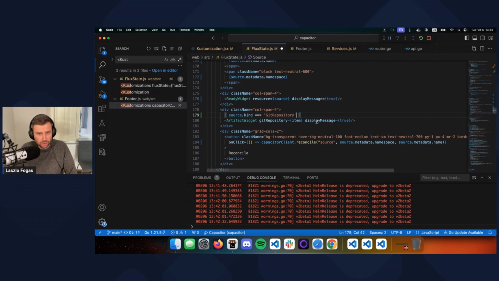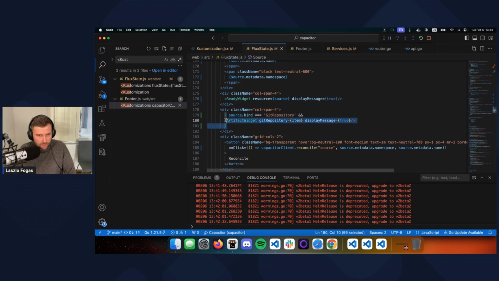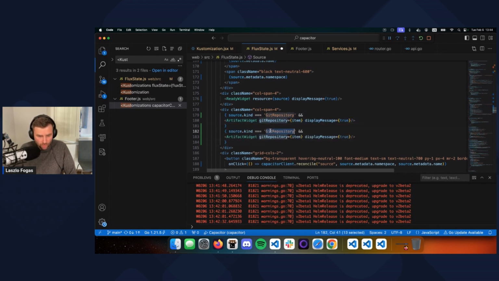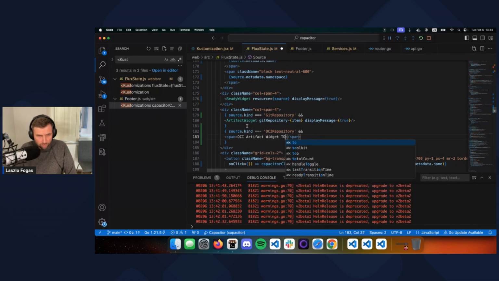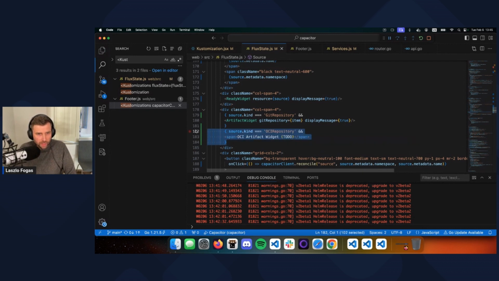All right, then do artifact widget. In other cases, if it's an OCI repository, then just do a to-do. It's an OCI artifact. And if it's a bucket,